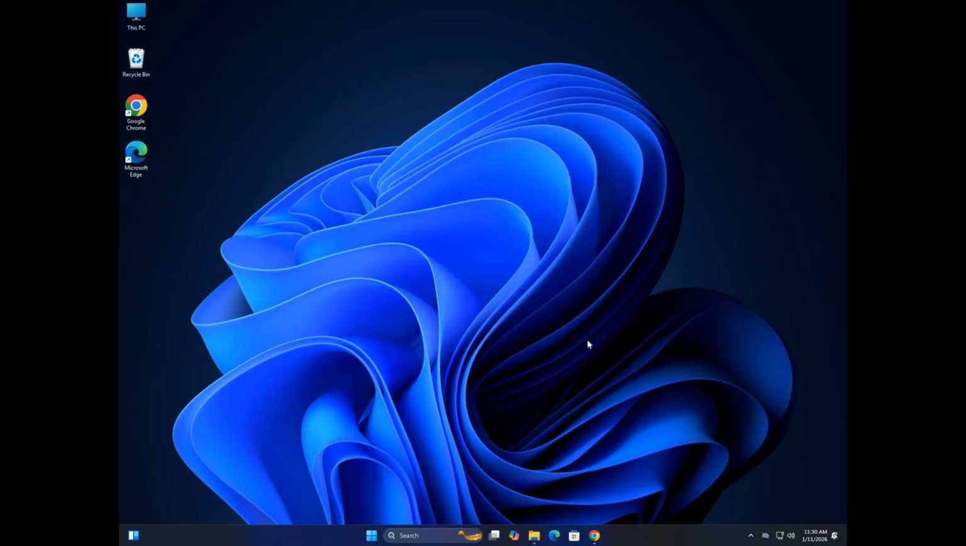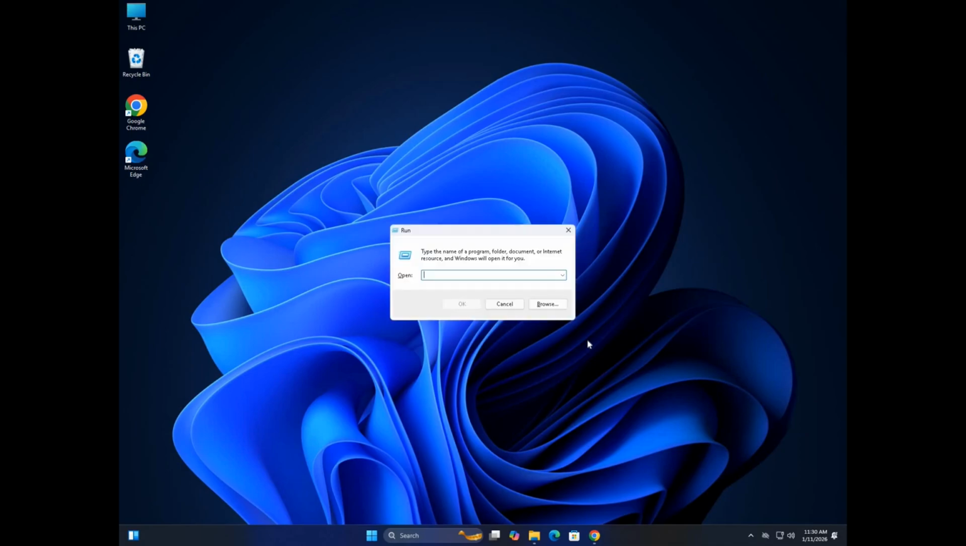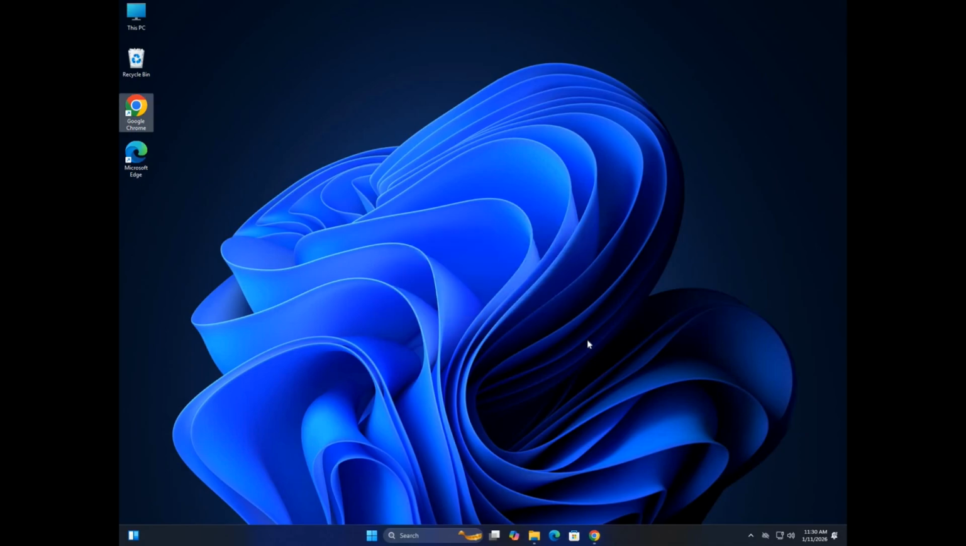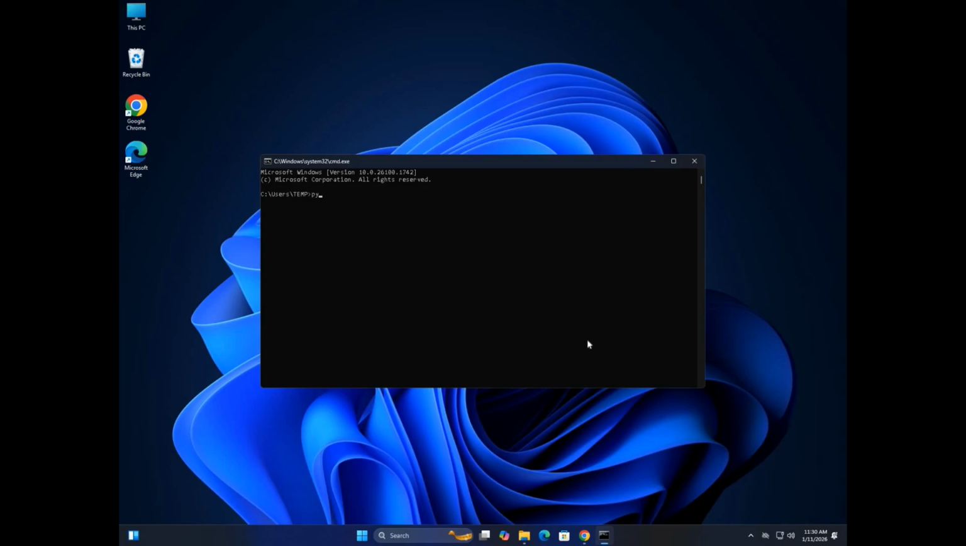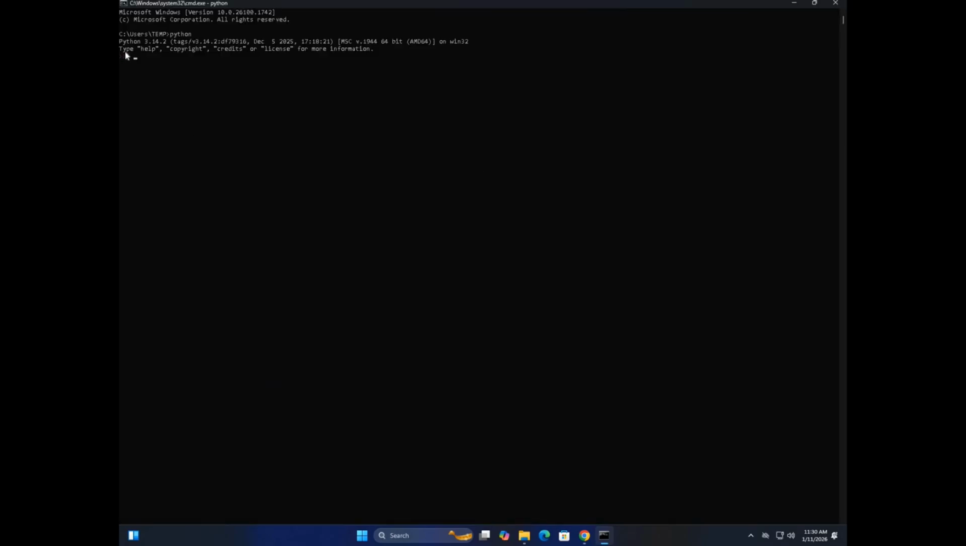So let's check if Python is installed on a PC or not. So go to CMD and type Python. You can see that Python has been installed, and you can see that Python version 3.14.2 is installed on our